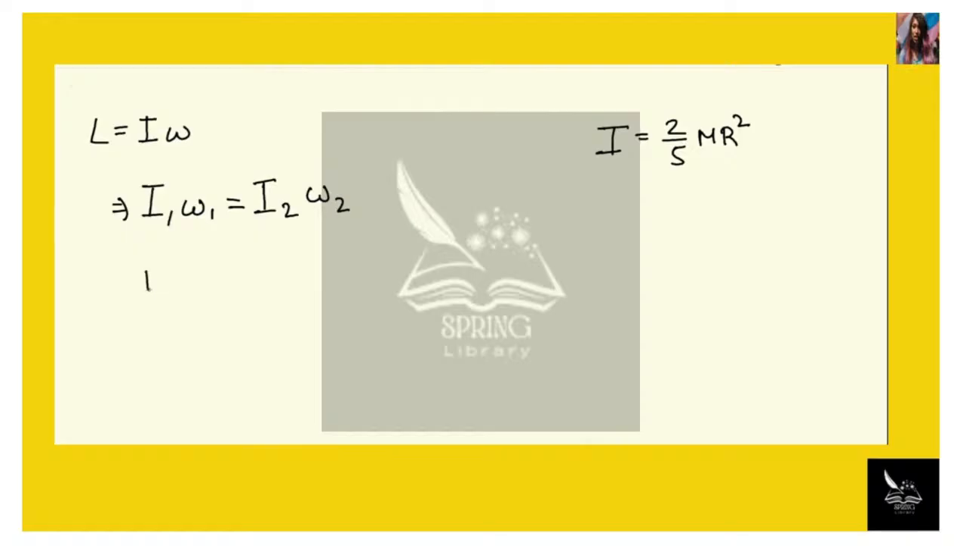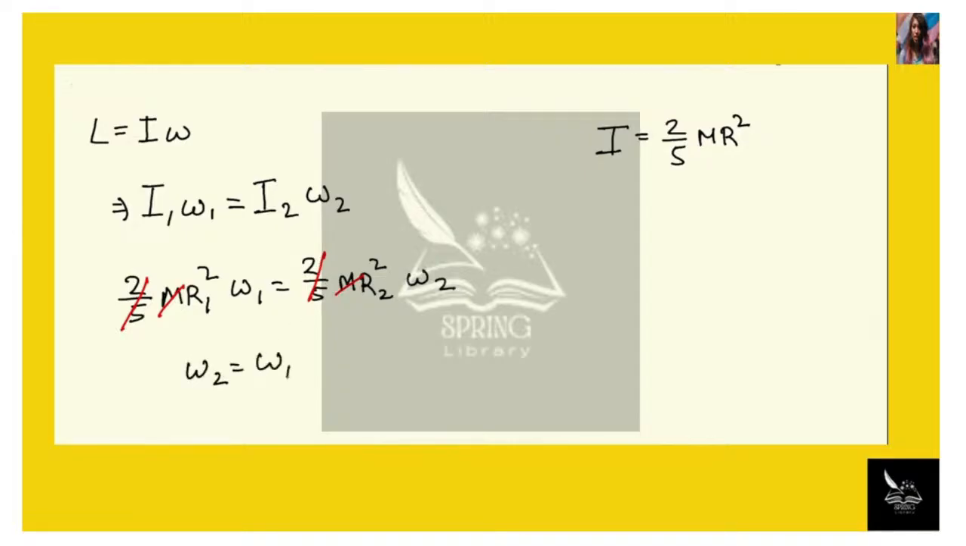So we can write 2/5 m R1 squared times omega1, which is equal to 2/5 m R2 squared times omega2. So we can get rid of this part, and then we'll have omega2, which we need to figure out, which is equal to omega1 times (R1 by R2) squared. And here omega1 is given as